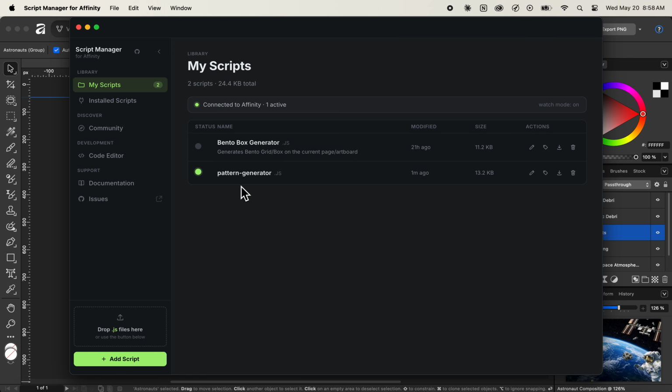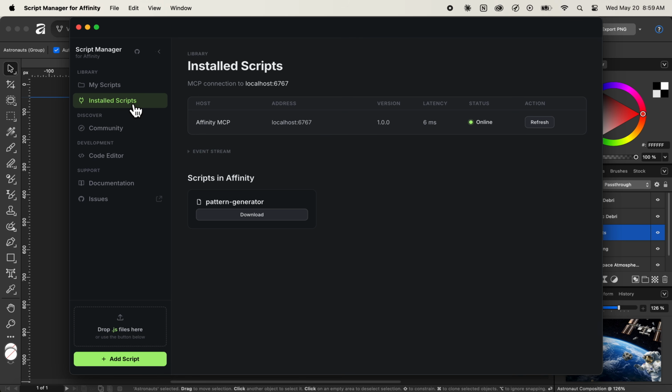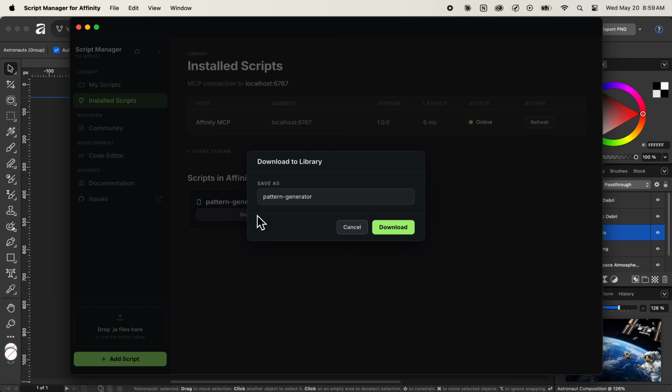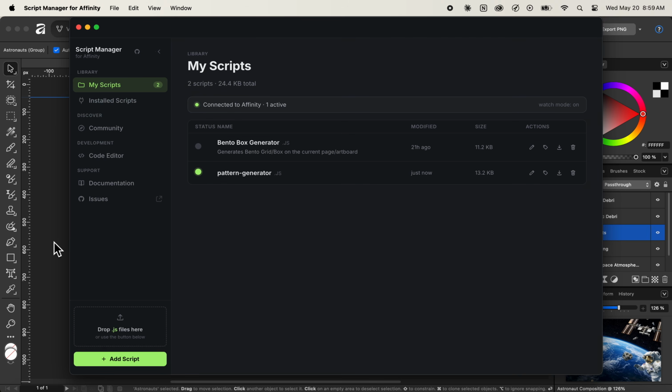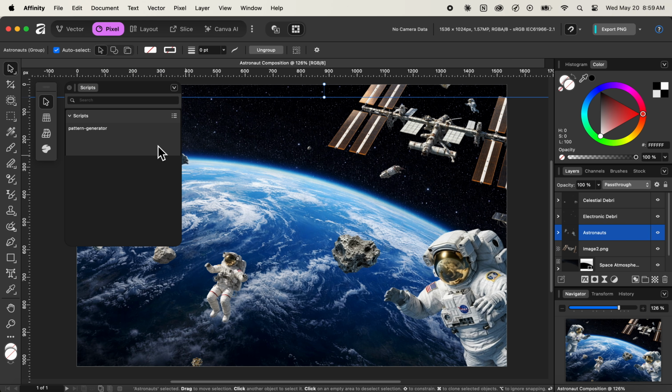Now, after the pattern generator script has been successfully added in the My Script section of the script manager for Affinity, let us go ahead inside of the installed scripts here. And after going inside of the installed script section, let us click on the download button. Now you can see that the pattern generator script has been successfully added inside of our scripts